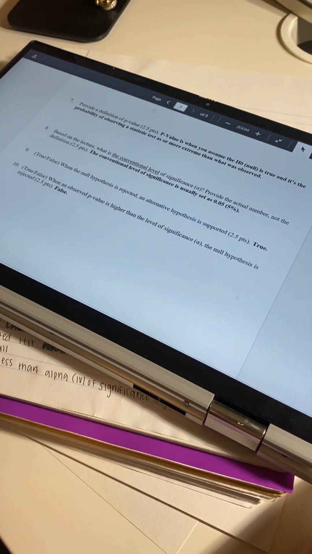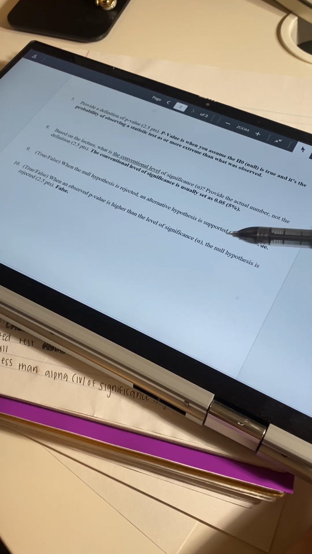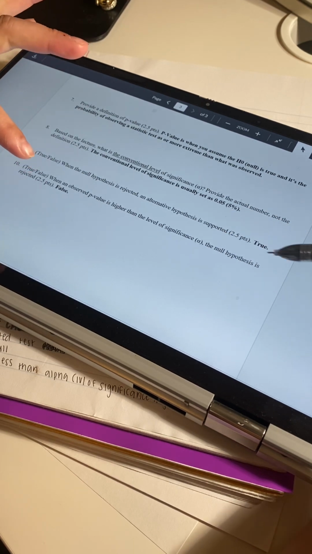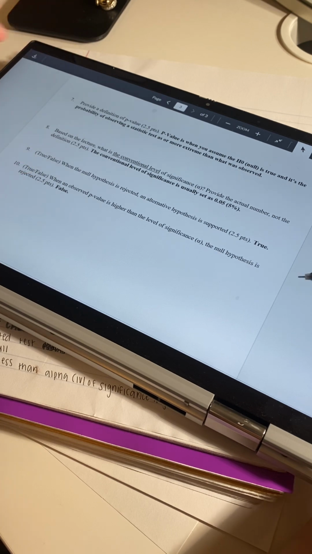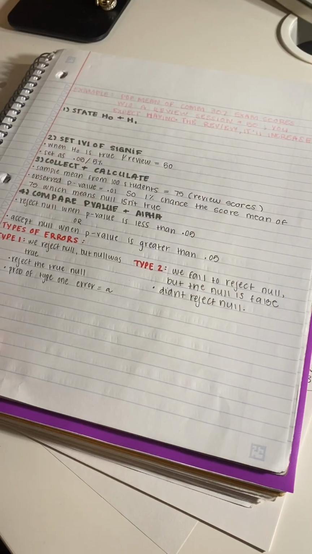That's pretty much what it's saying. Then lastly, for number 10, when an observed p-value is higher than a level of significance, the null hypothesis is rejected. I put false for that because when we did the problem,